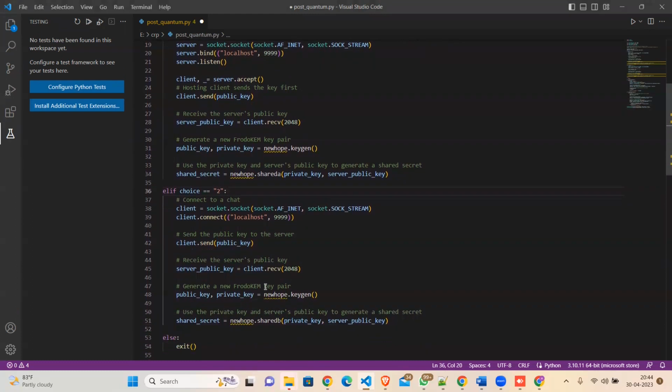Coming to this client socket, this code creates a new client socket object which will be used to connect to the server, and we can see the client code. It has the function server public key equal to client dot receive 2048. So from the client side,